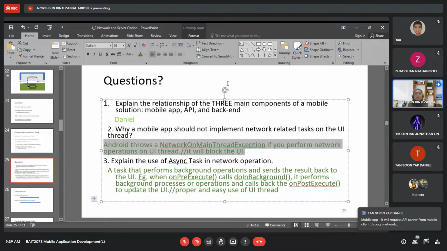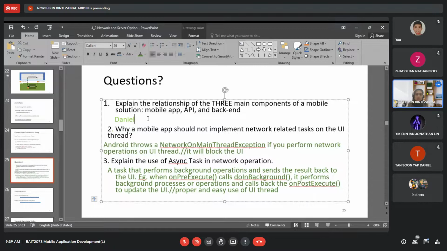Explain the relationship of these three main components of a mobile solution. The mobile app here is your UI process or the activity. This is the component, the mobile app: what the user sees, what process or activity is on the screen. And then the API. API here